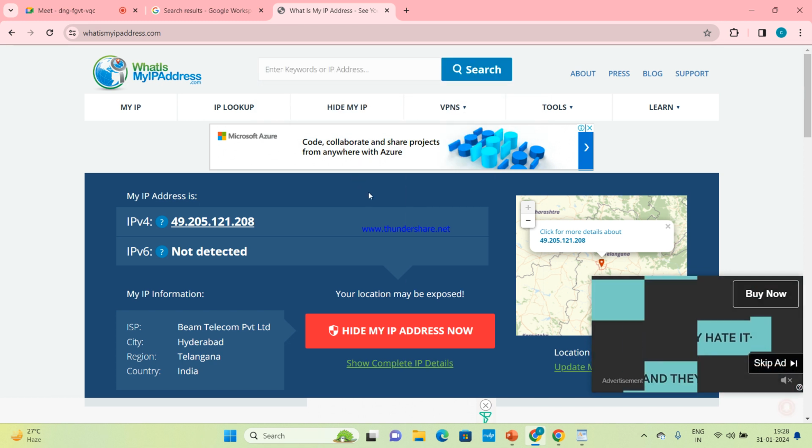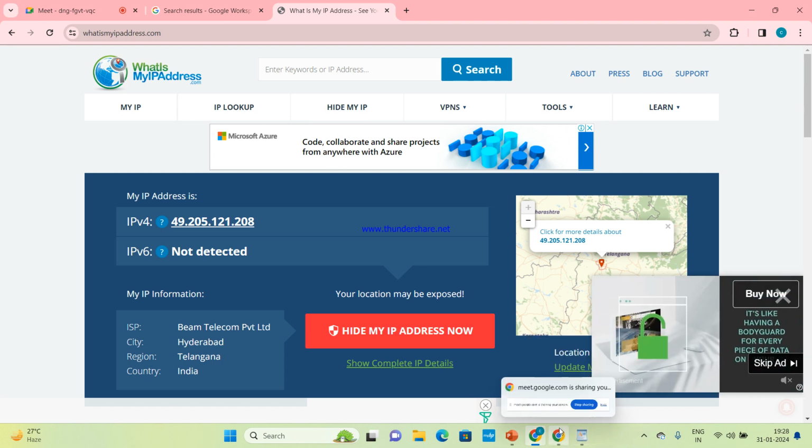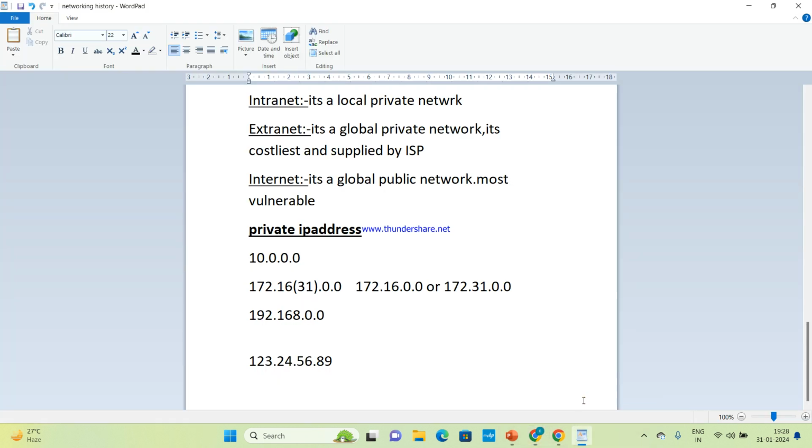Mine is 192.168.1.103. Mine is 192.168.0.101. It starts from 192 and 168, so it's private. Yes, mine is all private. Understood about IP addresses?